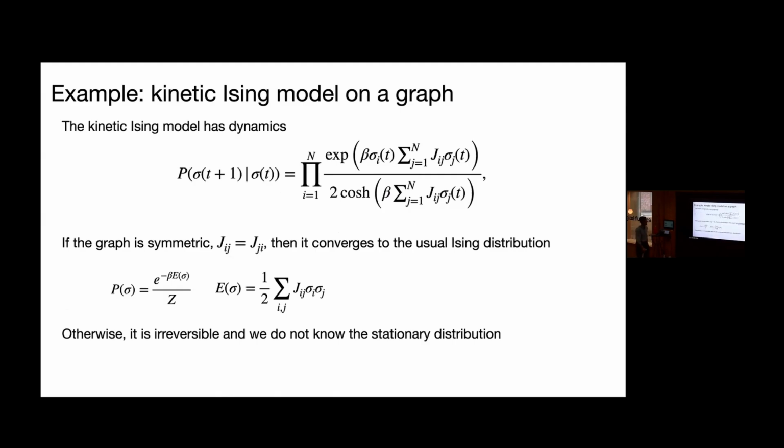And one more example. If you take the kinetic Ising model, this is the one that has dynamics rather than just having a steady state distribution you take samples from. This is an equilibrium, again, if and only if it's symmetric. And then it will converge to the distribution I showed you earlier, the equilibrium one. If it's asymmetric, we don't have a closed form for the stationary distribution. And so you have these dynamics, but you can't really say anything about what they're going to look like when it's stationary, when it's run for a long time.